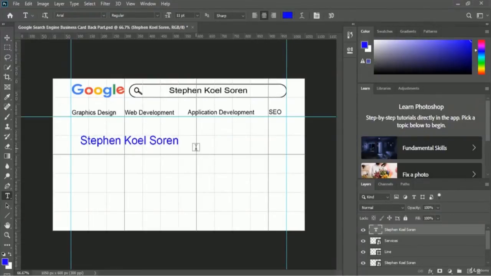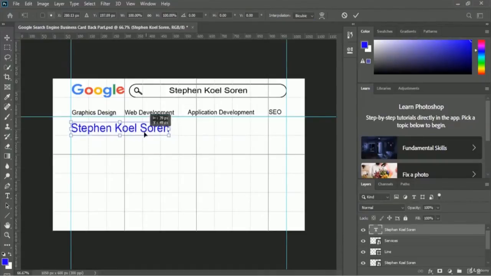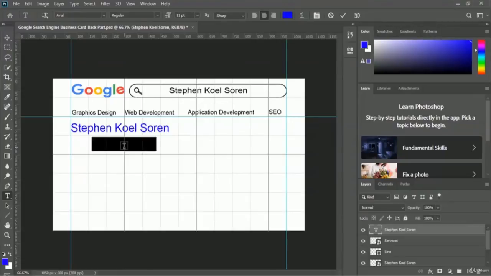I mean, we want to scale it properly, so therefore you just have to press Ctrl and T from your keyboard. So I want to place this name in here. Looks good, and here is the tick mark, or you can use the Enter button from your keyboard. And right now we will create a designation. So let me create a designation. Therefore we have to use the type tool once again. Let me write CEO of skill